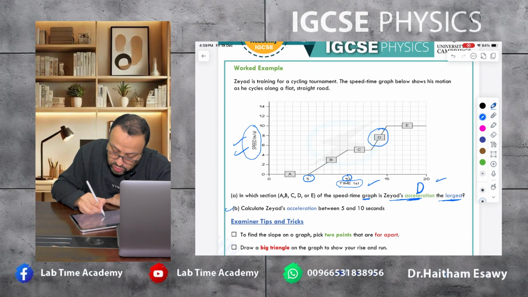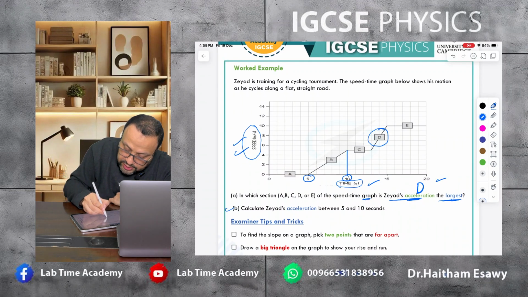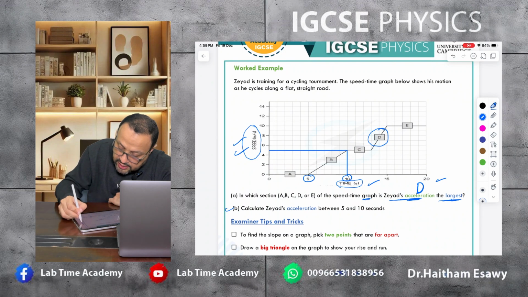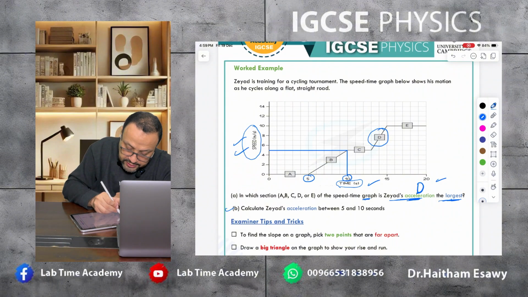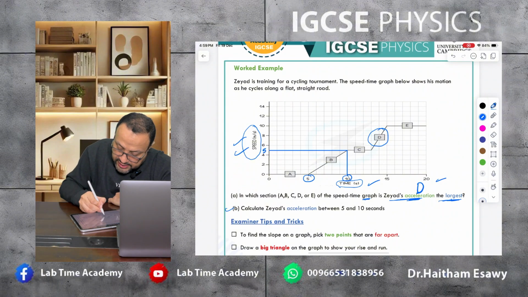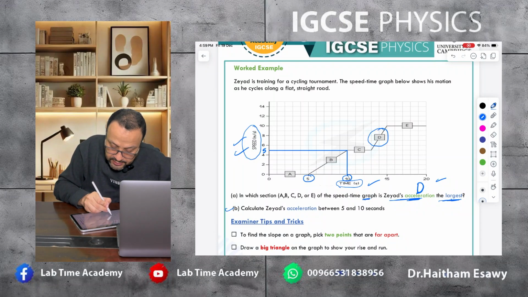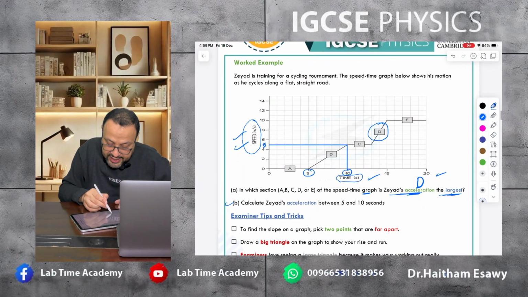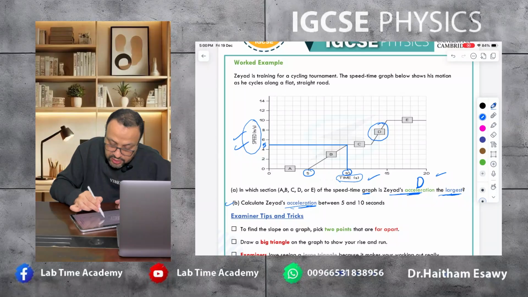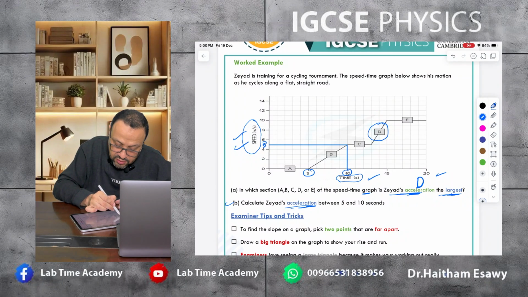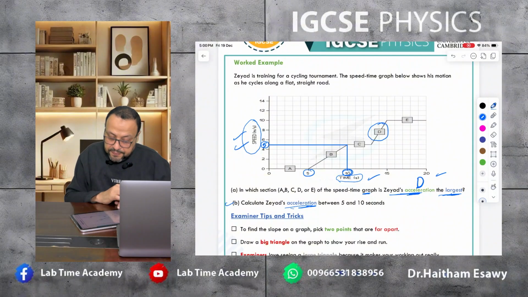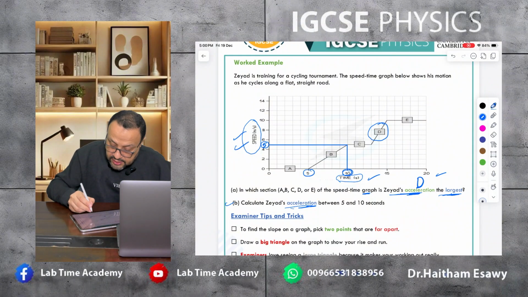So I start to draw a vertical line till it reaches the graph, and then a horizontal line till it reaches the y-axis. So it ends at 5. That will be the speed here. We have 5, and here we have just 10. So he said from 5 to 10. So this means the acceleration between 5 and 10. We can divide 5 over 10, y over x. So 5 over 10 equals